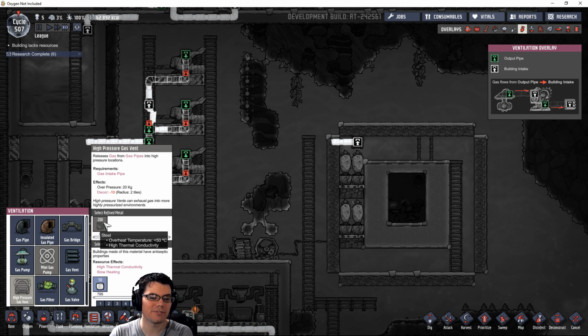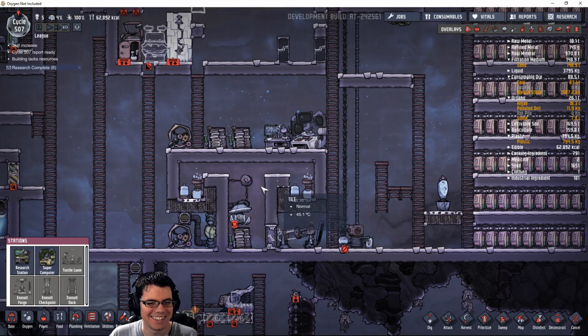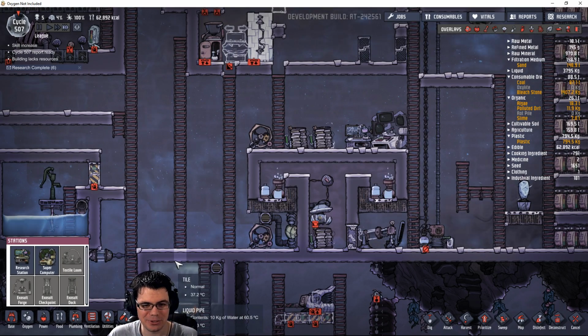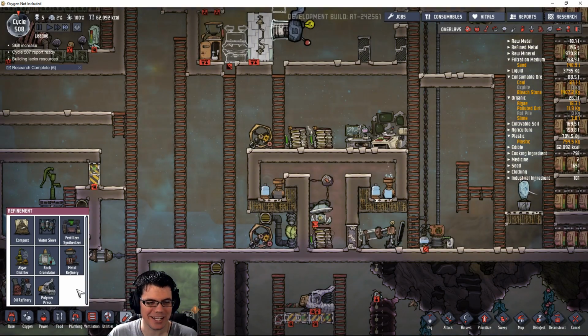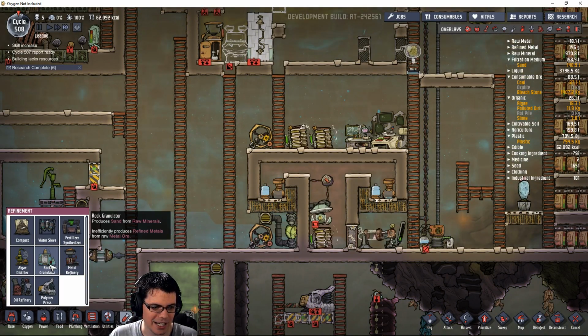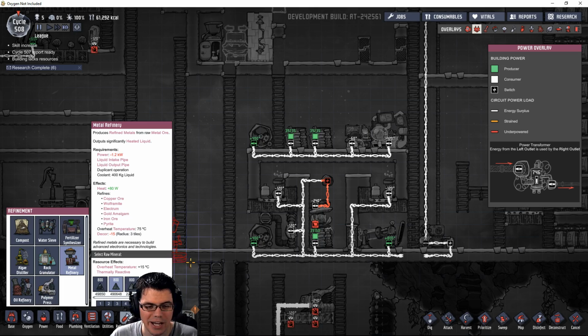Oh, because I need refined metal. Crap. All of the stuff that I already have built requires refined metal. It's such a weird way to come back into a base now and have it not be... You already have equipment. Don't destroy it until you have something to make it work. I can use a rock granulator, or I could use a metal refinery, which I do have, but that will